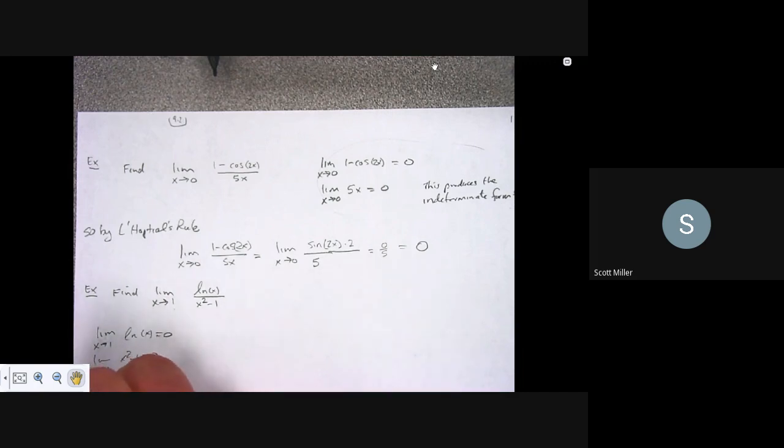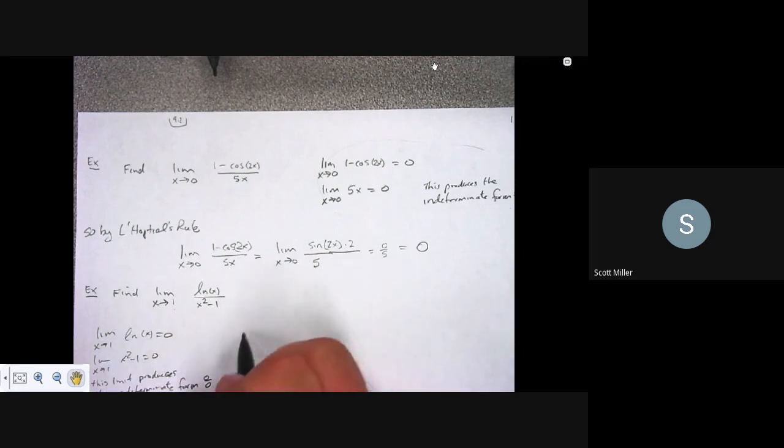And this limit produces the indeterminate form 0 over 0. So by L'Hopital's rule,